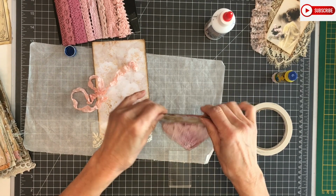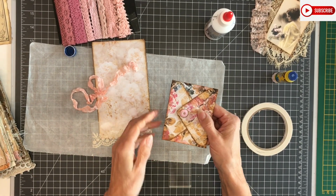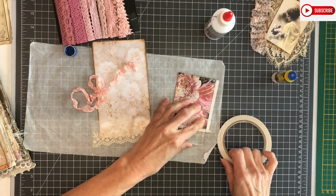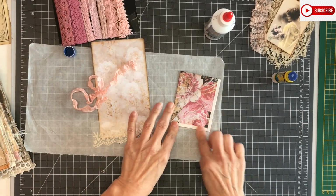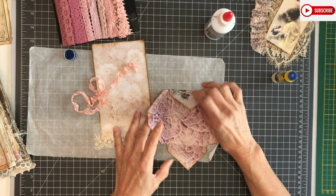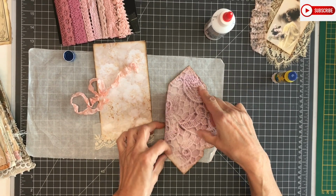And I always have to check that I use the correct side to make it into a tuck spot. It won't be the first time that I put the tape on the wrong side. I printed this double-sided, and I'll link all the digitals I used, because this is going to be open and